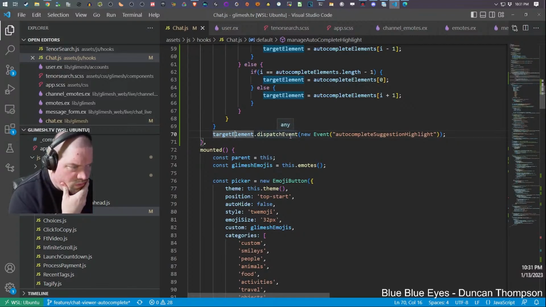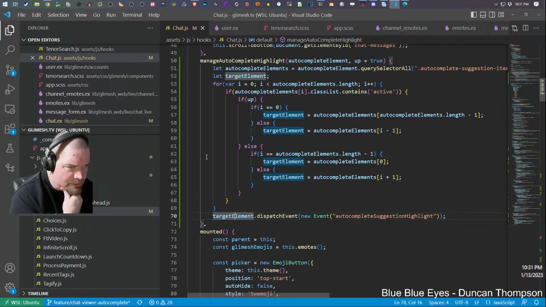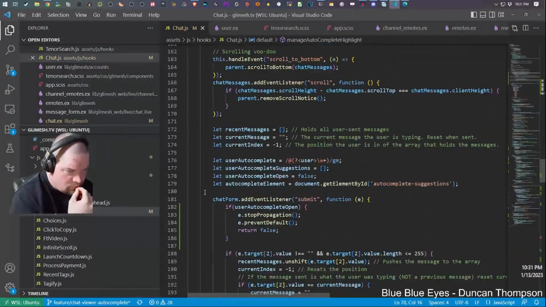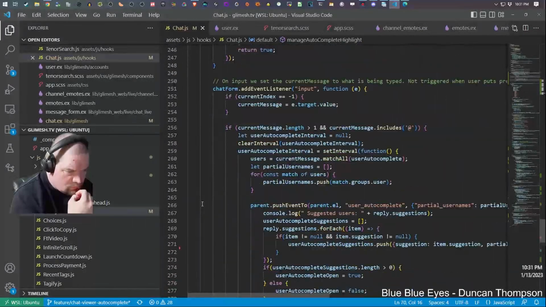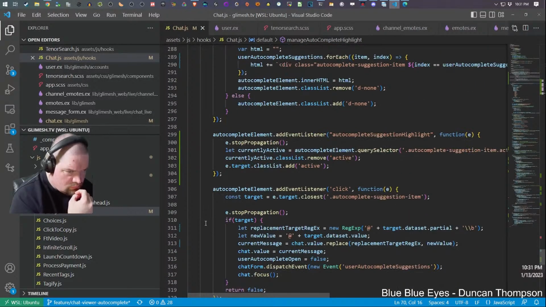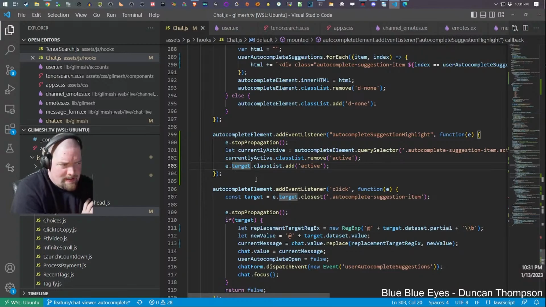Matching an event onto that target element. I'm finding the currently active one, I'm removing active from it, and I'm adding active to the target. But the event listener's not firing off.